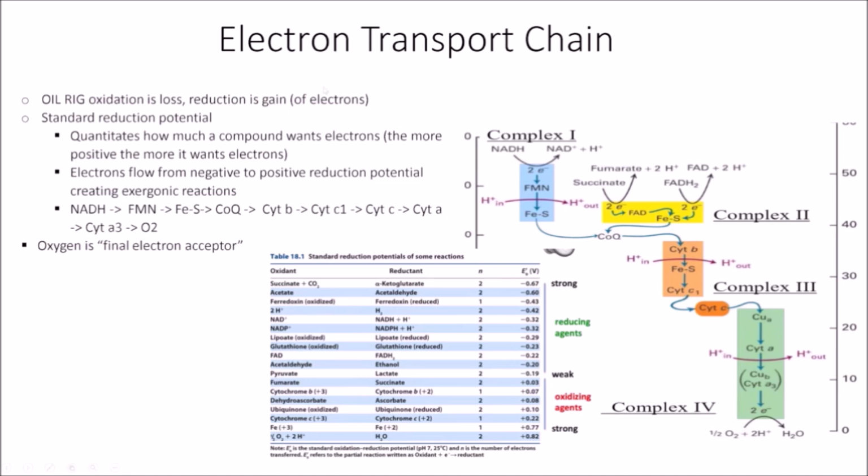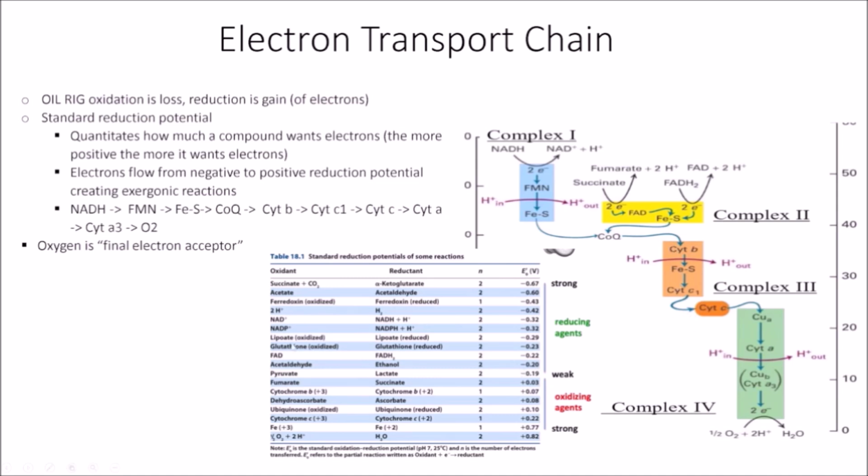And this is referring to electrons. So reducing something is when a molecule gives electrons to another molecule, and if a molecule is being oxidized, it's losing an electron. And so in the electron transport chain, NADH and FADH start off a long process of donating electrons. So you have NADH coming in here, donate 2 electrons to FMN. FMN donates to this iron sulfur complex, which donates to CoQ, which donates to cytochrome B, and so on and